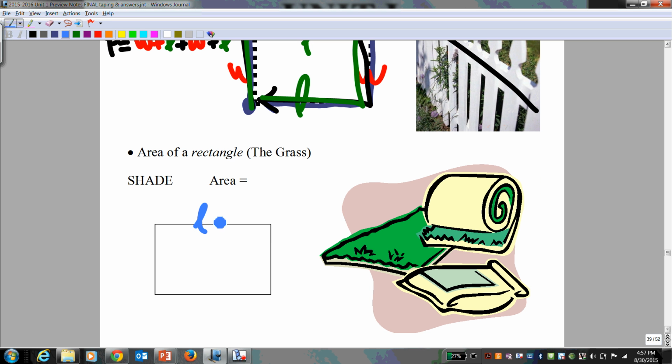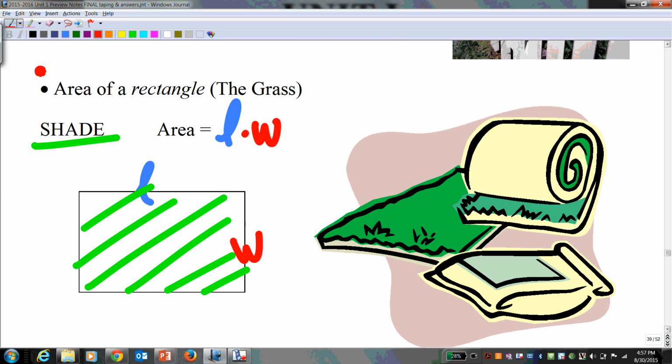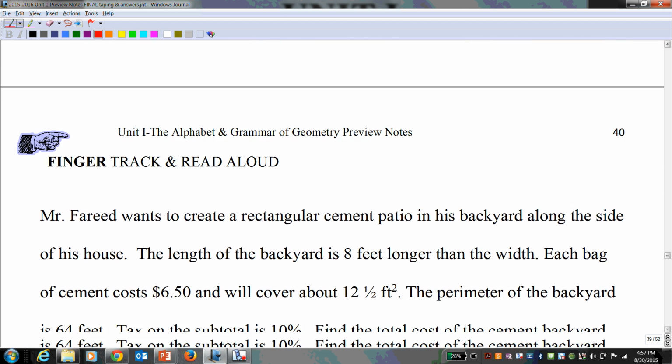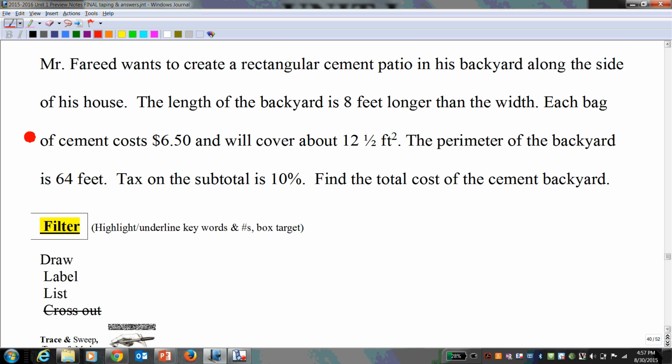Area. Area is like the grass of a yard. So I'd like you to shade the grass and always shade area. And of course, that's simply going to be the length times the width. Let's put this to usage. Okay, I'm going to model what I expect to see you start using in class, which are these first 5